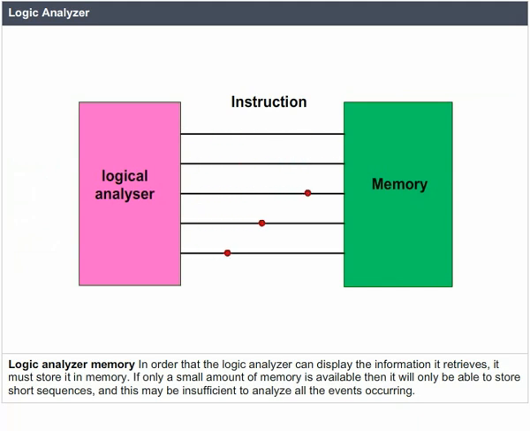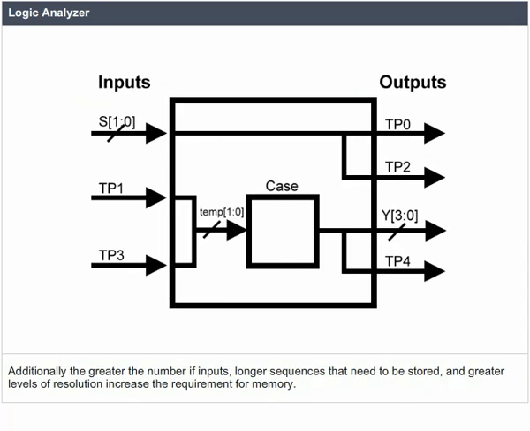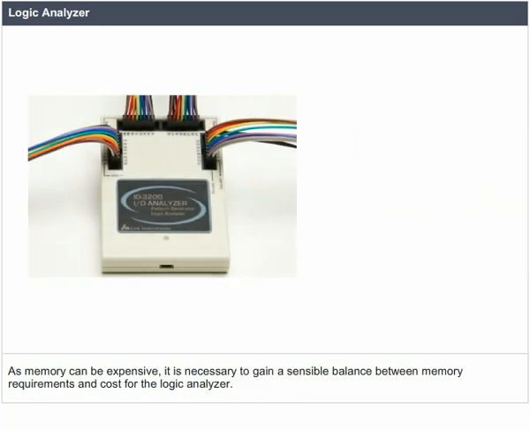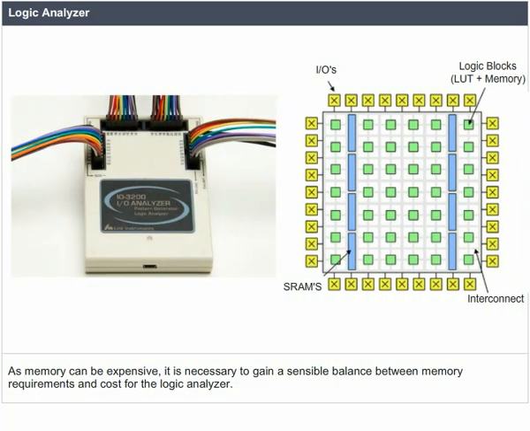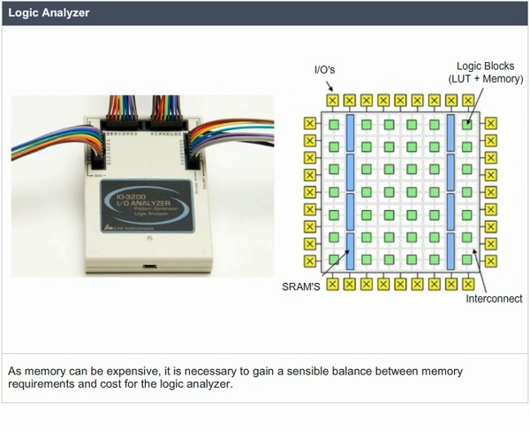Logic analyzer memory. In order that the logic analyzer can display the information it retrieves, it must store it in memory. If only a small amount of memory is available, then it will only be able to store short sequences, and this may be insufficient to analyze all the events occurring. Additionally, the greater the number of inputs, the longer the sequences that are needed to be stored, and the greater levels of resolution increase the requirement for memory. As memory can be expensive, it is necessary to gain a sensible balance between memory requirements and cost for the